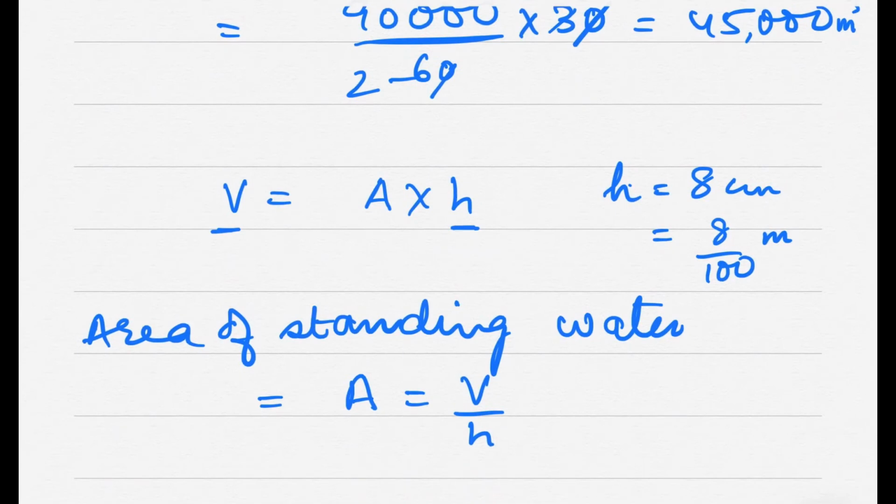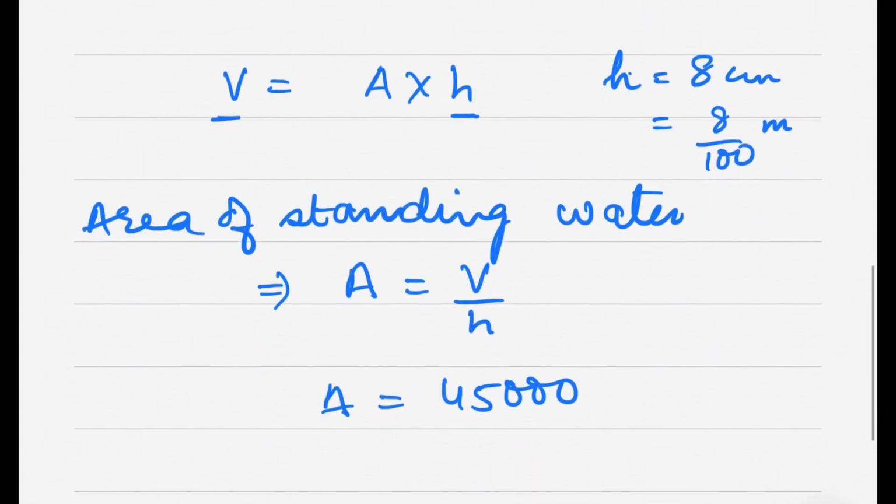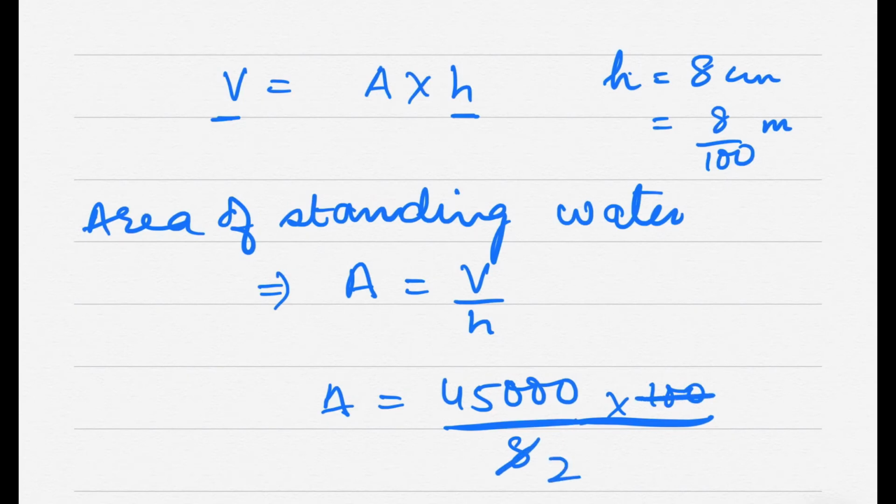So I know my volume is equal to 45,000, and this is 8 by 100. So I can write down 8 here and the reciprocal of it, right? Because I'm dividing with that. So now 4 2 times and 4 25 times, and this I can do. So 2 2 so 4, then 2 again 4,